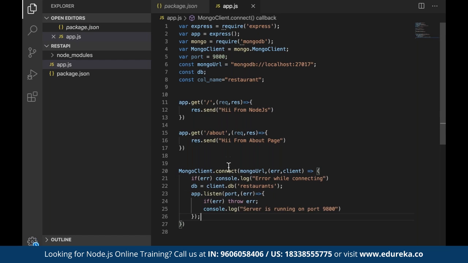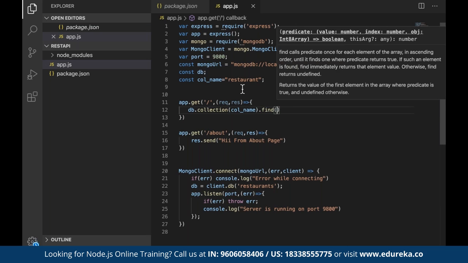Now what exactly did we do? We have made the database connection. This is a URL, this is a package, and this is a way to connect. Once it is connected to the database, now I'll make a call and get the data. How? So in the app.get, we'll write db.collection, collection name. Your collection name is restaurant. The query is .find.